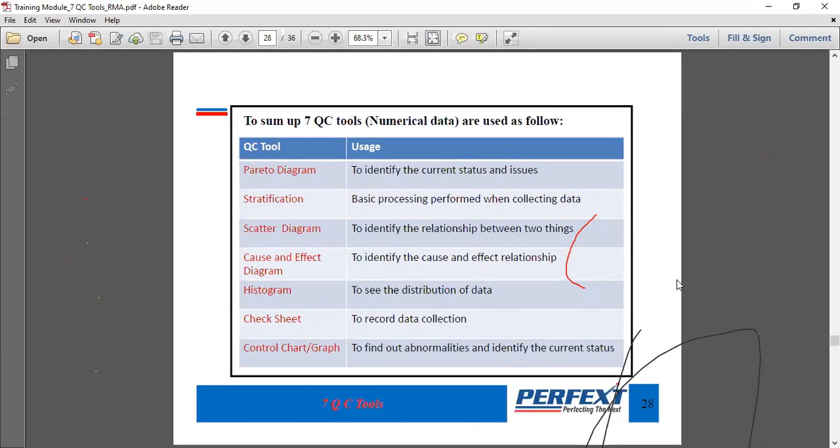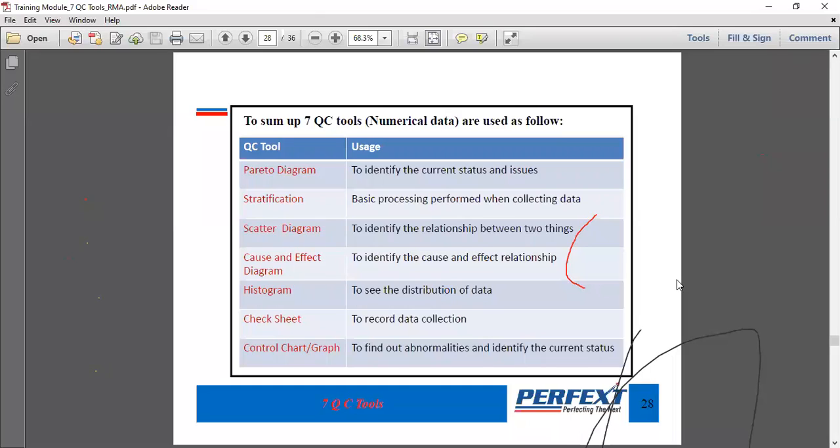Like we have the set of data or we have the set of defects. So the entire month's defect data, we can cumulate it and compile it, to see which defect or cause X is contributing at the highest level. Then we can do the sequencing from highest to lowest, and we can put it in the bar chart. And then we can see the contribution of each defect or each cause. So the major 80% of the effects would come from 20% of the causes. So it's the 80-20 rule.